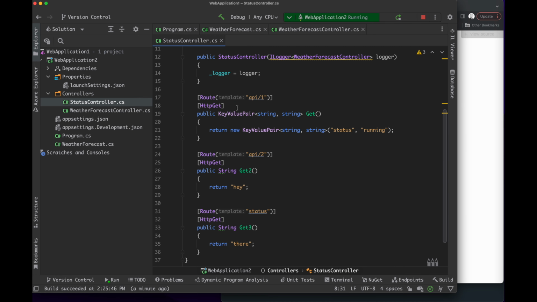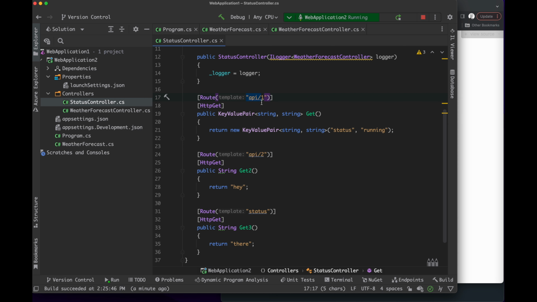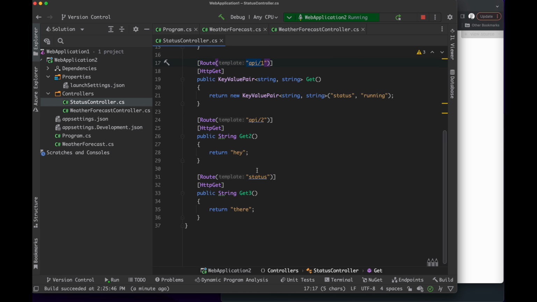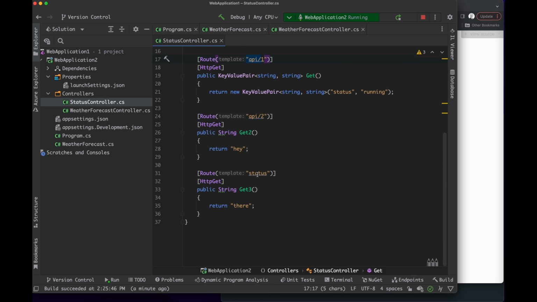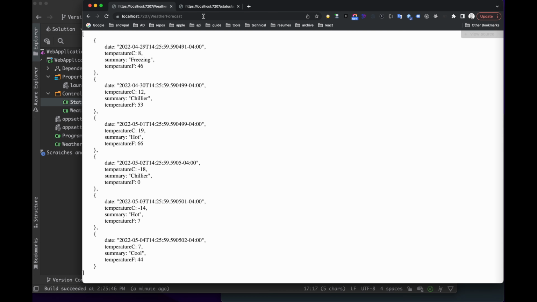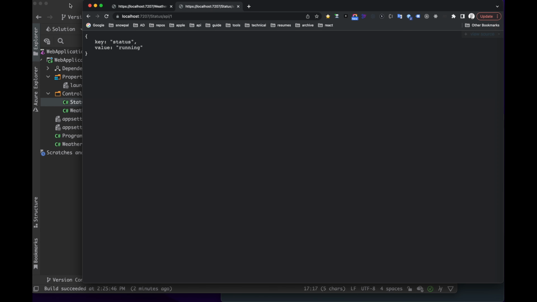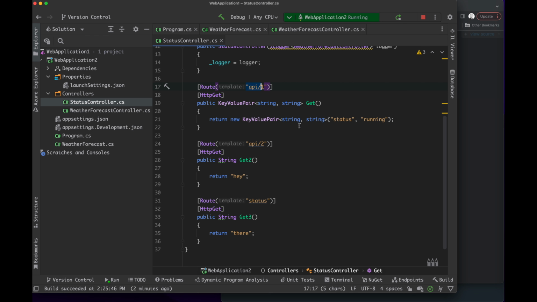And then I had a bunch of methods, which again is very Nest-like to me. Right, you drop these annotations, you put the path at the top here. I said API 1, API 2, status, and that's it. I think in API 1 I just had a key value pair, right? So let's go to API 1 here. Yep, so I'm returning a JSON, right? And I'm not using a model, I'm just using a key value